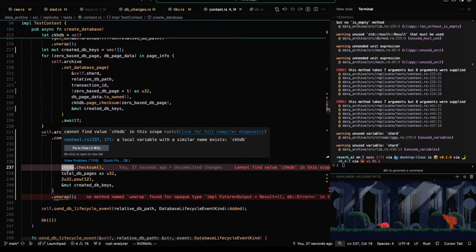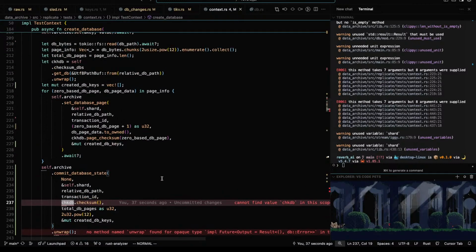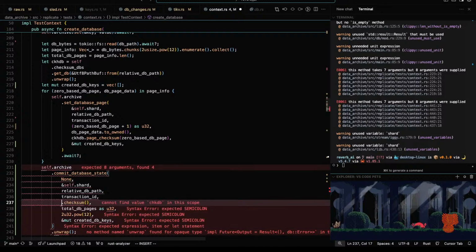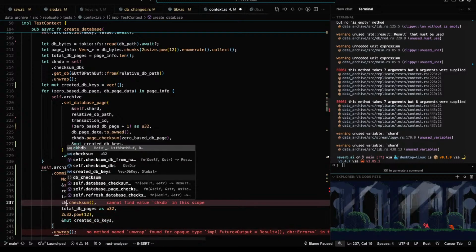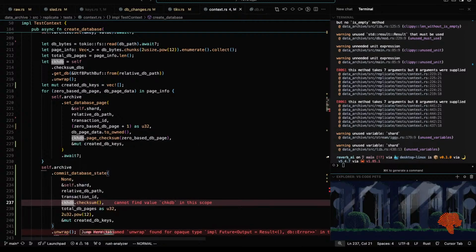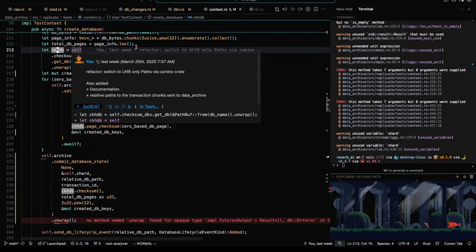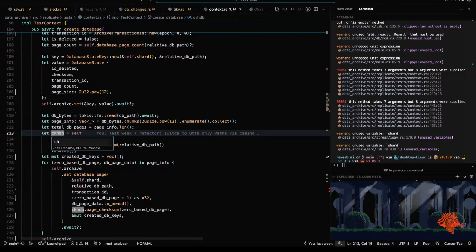Local. Oh, did I misspell that? Actually, I think I had it misspelled before. Let's change that to CHKDB instead of CKHDB.